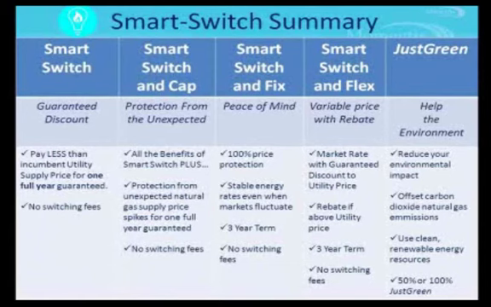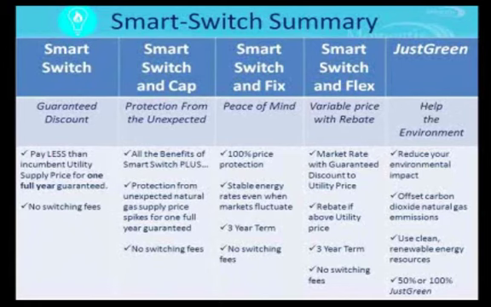So your customers have a very stable energy rate even when the markets fluctuate. And then also in many markets we have a Smart Switch and Flex product. And that's where the price varies a little bit with a rebate if the price is above the utility price at the end of the term. So this one has a 3-year term, no switching fees as well.